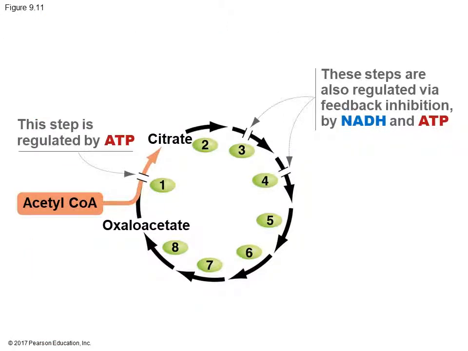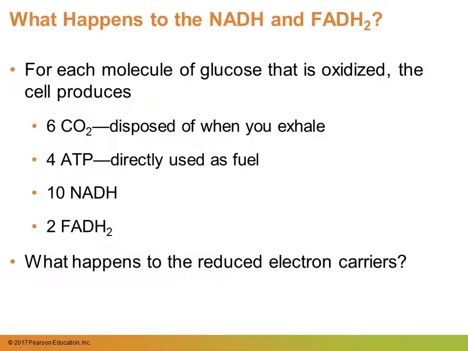So here you can see the steps of the citric acid cycle and its regulation by ATP. So that's a good question. What happens to all of the NADH and FADH2 that is reduced in steps 1, 2, and 3? So remember, NAD is reduced in steps 1, 2, and 3, and FAD is only found in step 3, the